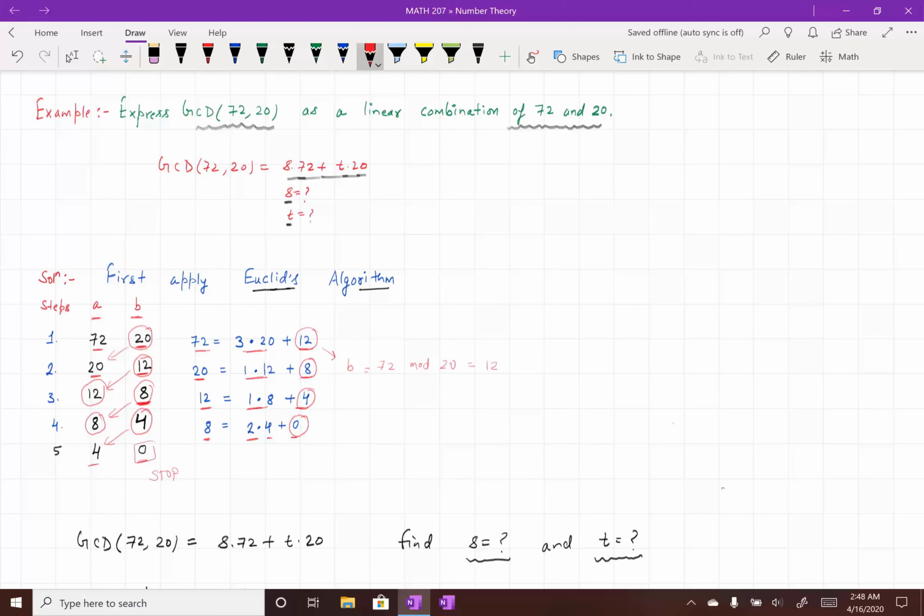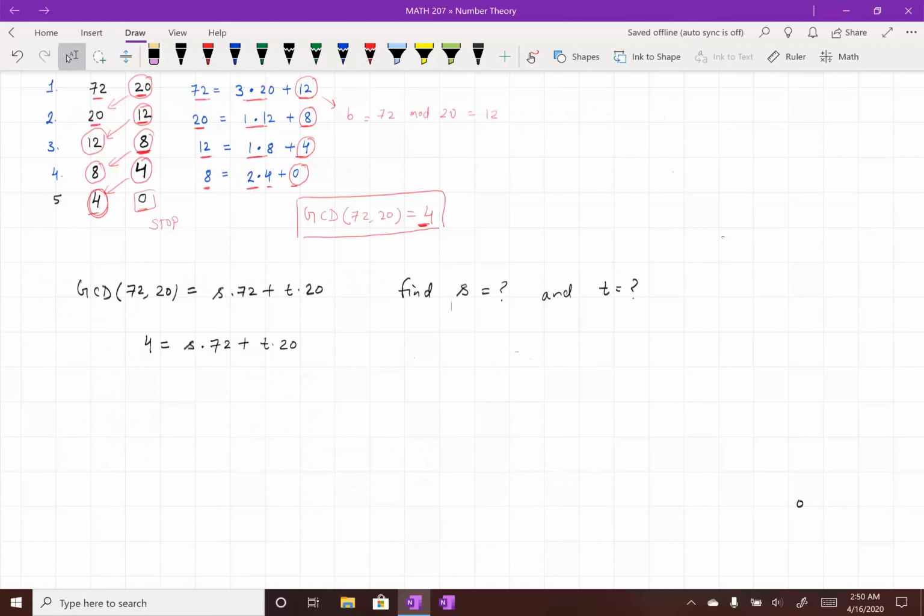The GCD of your problem is going to be your integer A, and your integer A in this last step is 4. So the GCD of 72 and 20 is equal to 4, which is the solution of this problem. So after this first step, where we applied the Euclidean algorithm to find the GCD of 72 and 20, which came out to be equal to 4,